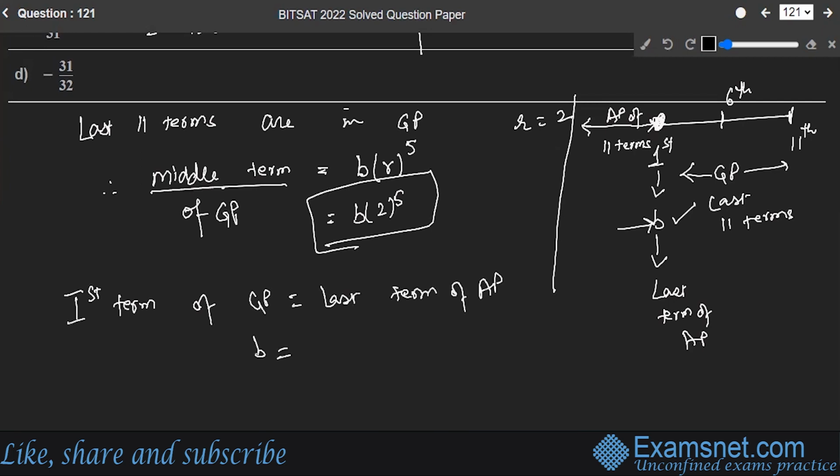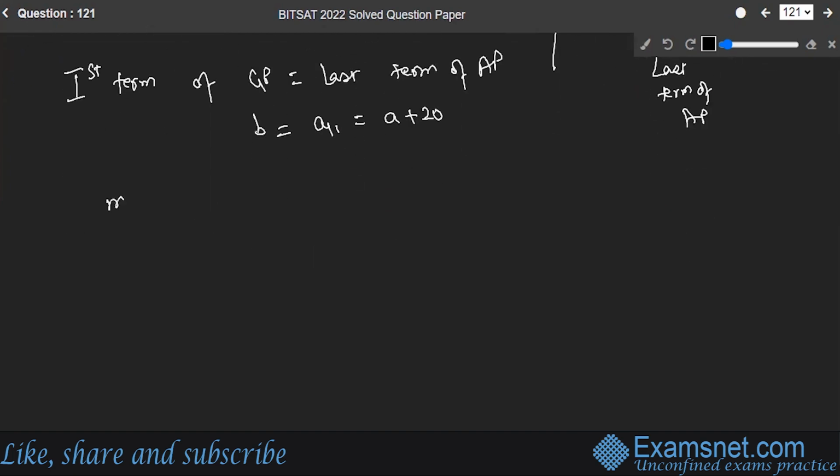That makes B equal to A11, which is equal to A plus 20. So the middle term of the GP becomes B into 2 raised to power 5, or this is equal to 32 into B,